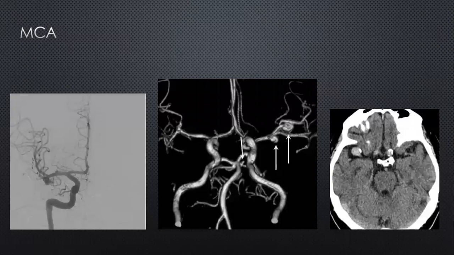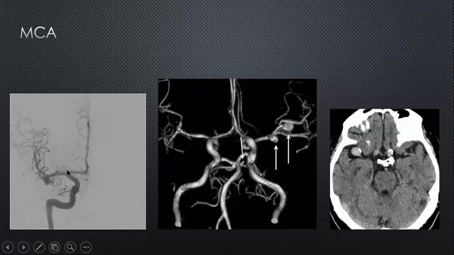Moving on to the MCA, as I said, the MCA is much later in evolution, arising as a lateral offshoot, if you like, of the ACA itself. Again, very variable in terms of its appearances and its divisions. It lies within the sylvian fissure. We have looked at the anatomy of the sylvian fissure. We have the deeper aspect and the more superficial aspect of the sylvian fissure. So this is an angiogram to show the anatomy of the MCA. We talk of the M1 segment, and again, that is very variable.